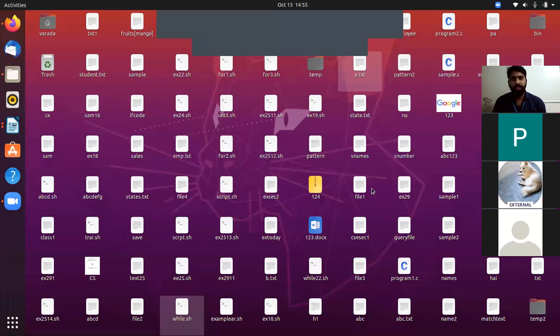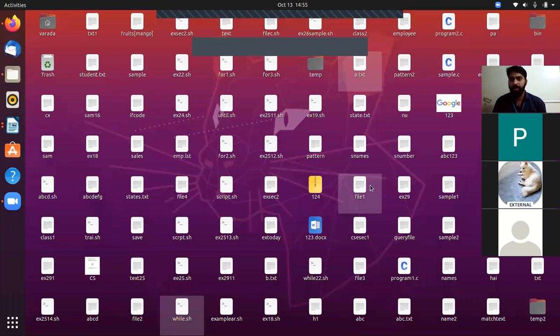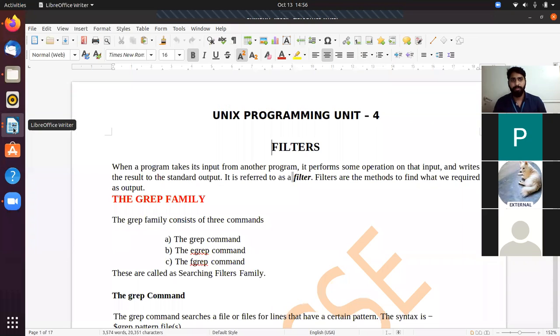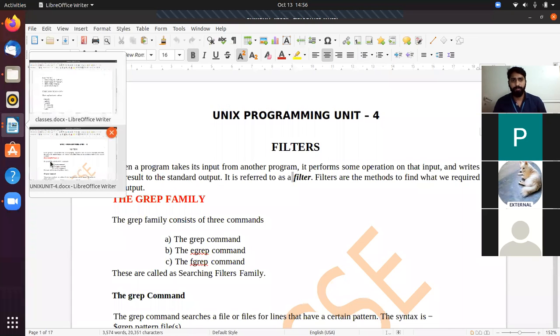In yesterday's class, we discussed the AWK command, how to write branching and conditional statements like if-else, and we saw looping statements, for loop and while loop. After that we completed associative arrays also. The next topic is